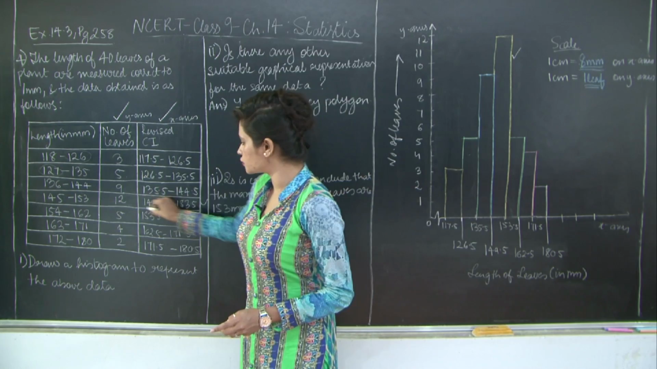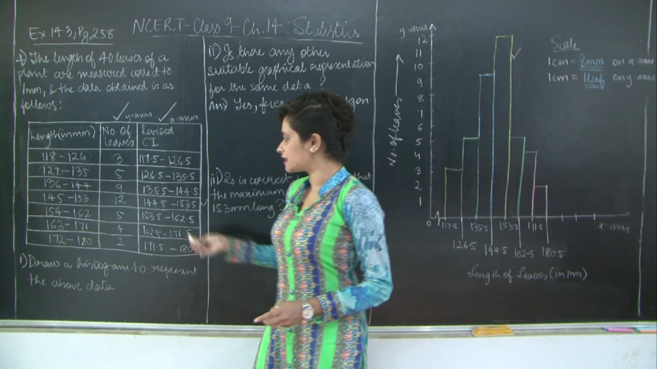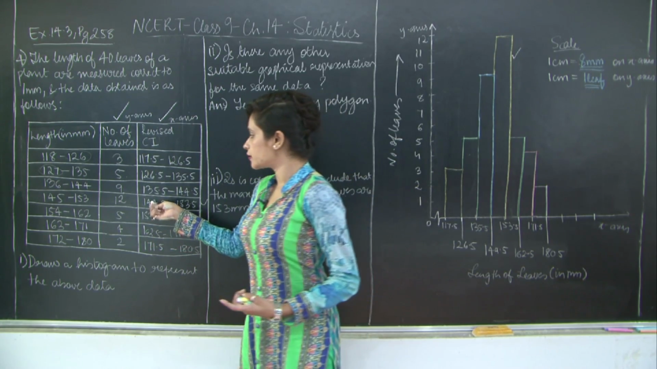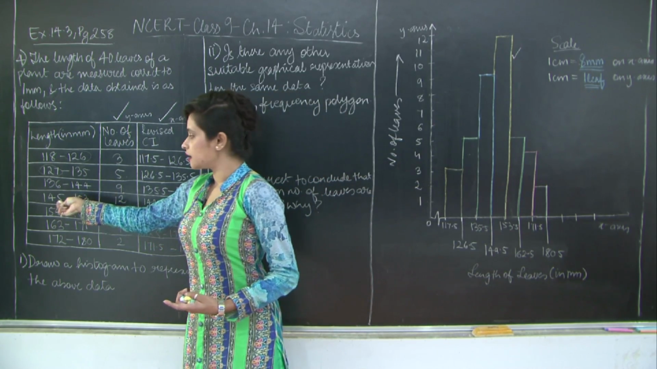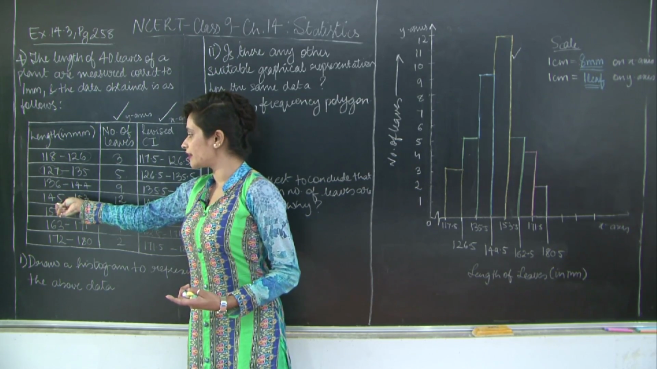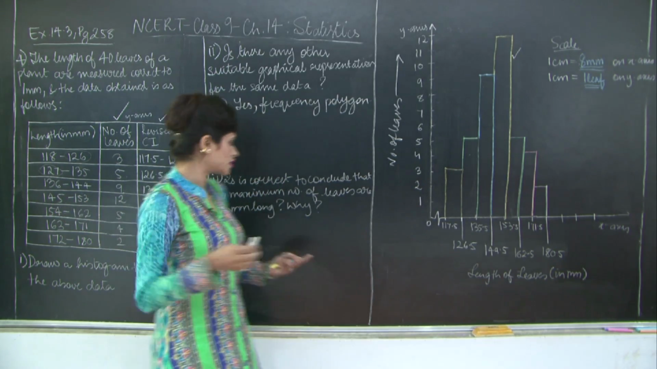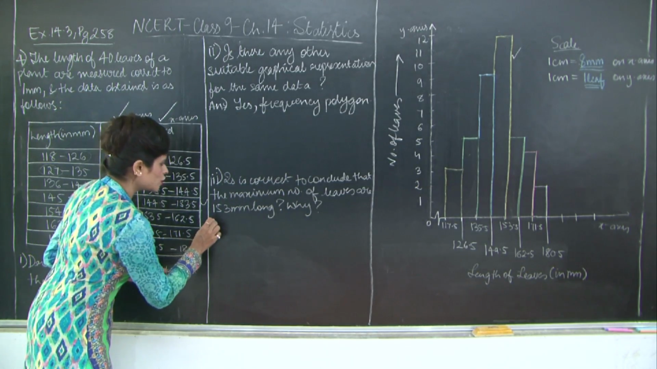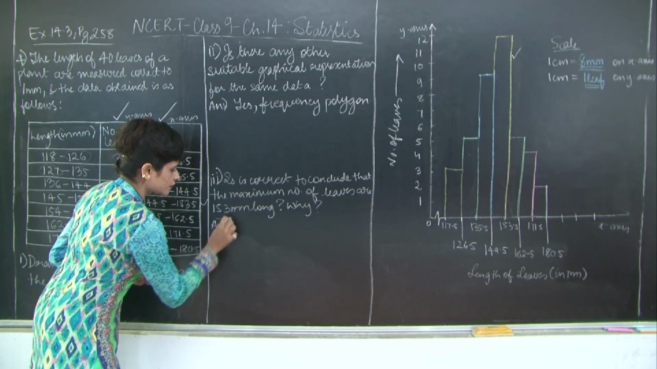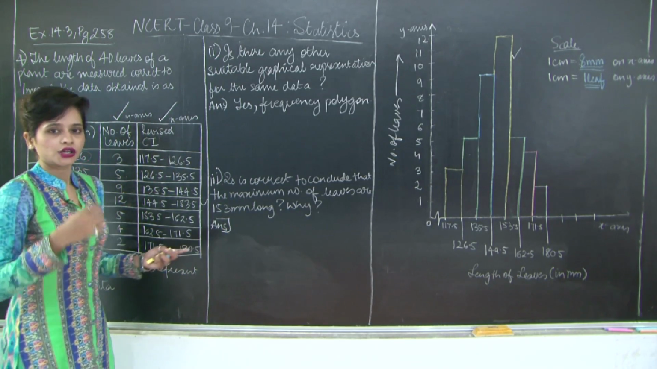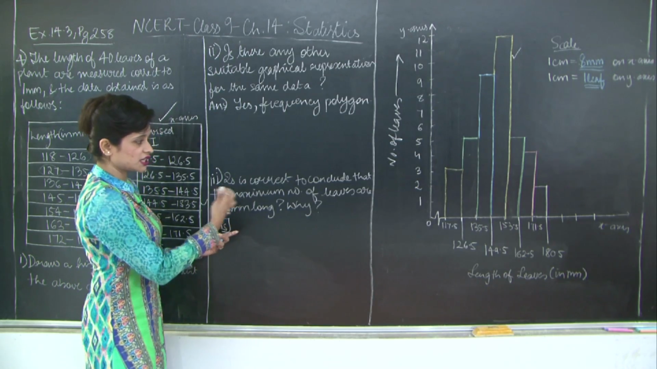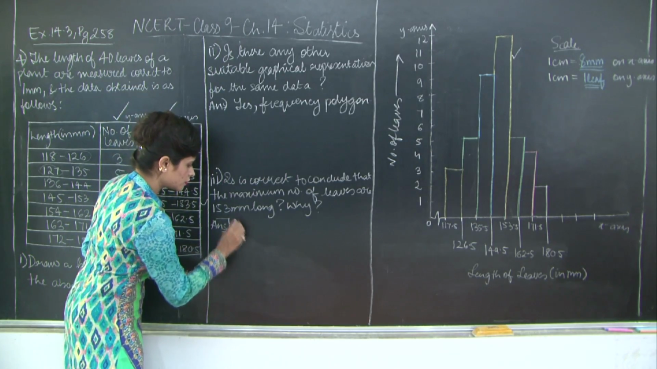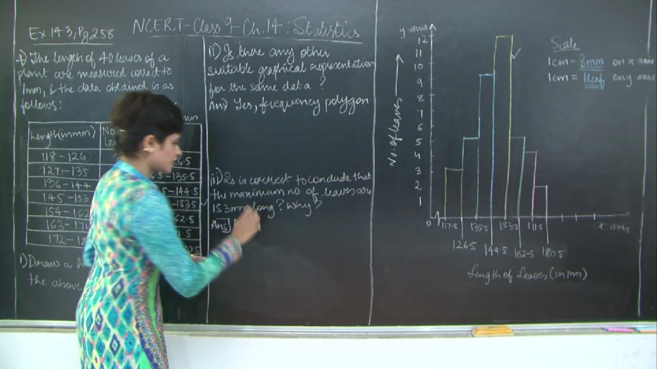It's not going to be just 153 millimeters. It's going to belong in this range. But the actual given data is not this one. We have modified this for the purpose of drawing our histogram. So instead of taking this, I'm going to say the leaves belong to this range, 145 millimeters to 153 millimeters. So is it correct to conclude that the maximum number of leaves are 153 millimeters long? First you're going to say no. Whenever they ask you a question, you should specify it as a yes or no, especially when they're asking you to specify if something is correct or not. So no, and then the reason